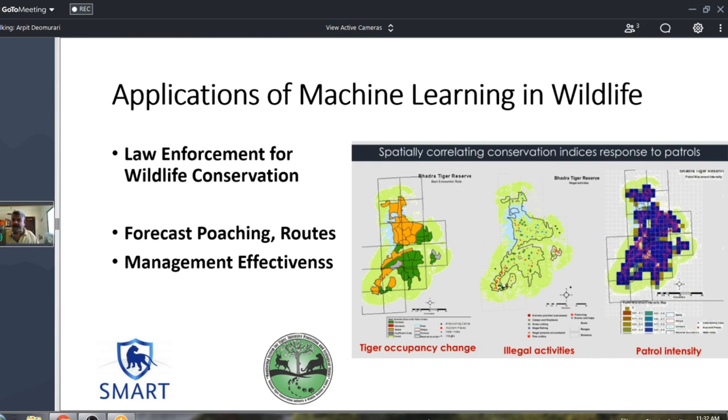So a ranger or a park official carries that mobile phone. It has a GPS, it has different data, I mean maps, and it records the data also on the way, and it keeps learning. We have seen nearly a 75 to 80% decrease in poaching and that kind of incident with less manpower.